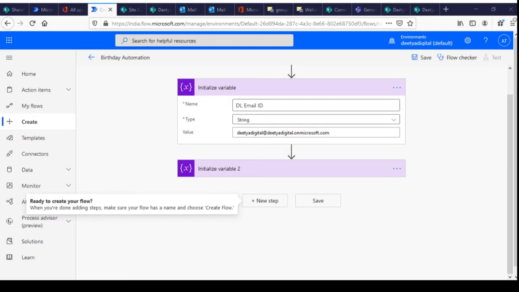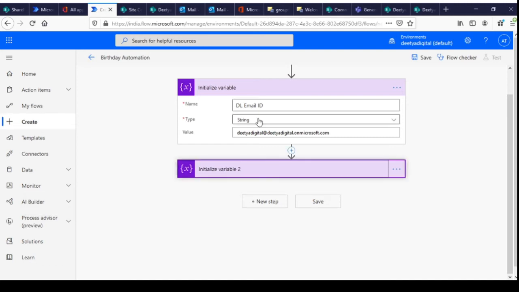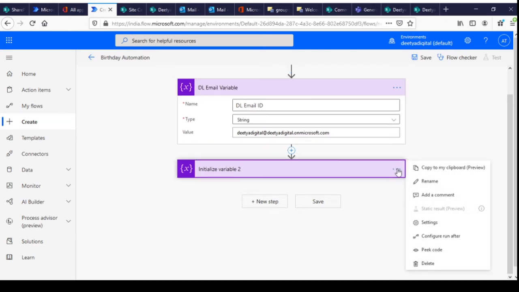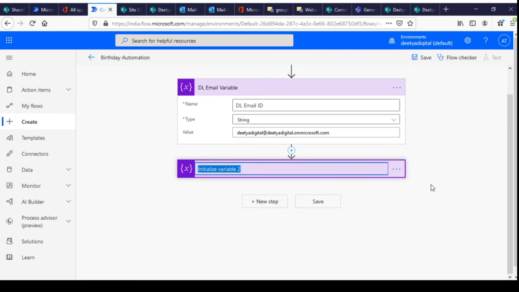Now we are ready with our variables. You can rename them here: DL email variable, image variable.